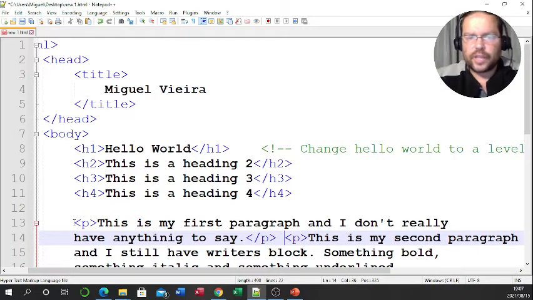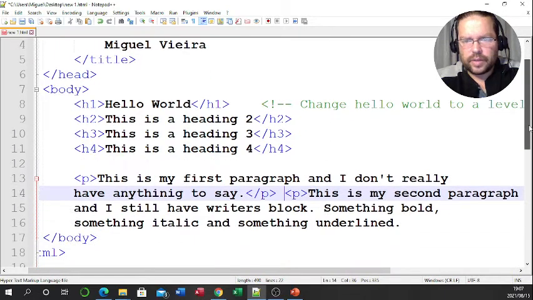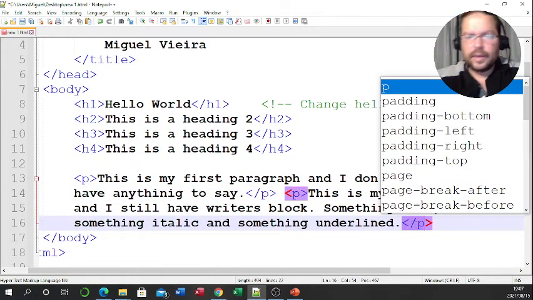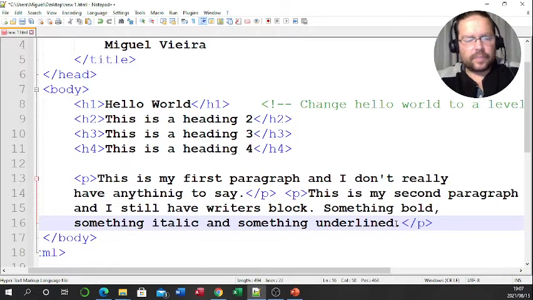If I wanted to, I could push enter. Remember, that doesn't affect it at all. And then I'm going to go all the way to the end where it says underlined, and I'm going to close that paragraph there. Okay, Control S to save, and then I'm going to go to my browser